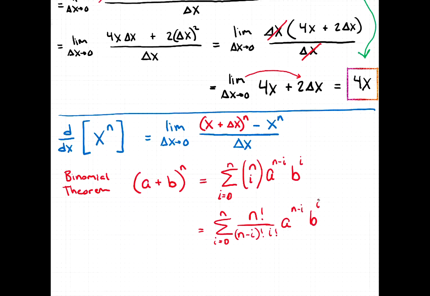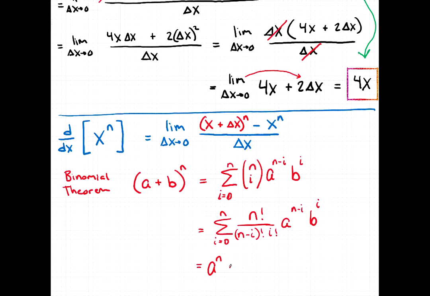Okay, and once we expand this, this is a shorthand notation for a sum of terms where i is your variable and i starts with 0 and takes on every value from 0 up to n, every whole number value. So plug in 0 for i, then 1 for i, 2 for i, 3 for i, and so on. And so what this is equal to is a to the n. So when i is equal to 0, this first factor, the n combination i, is equal to 1,